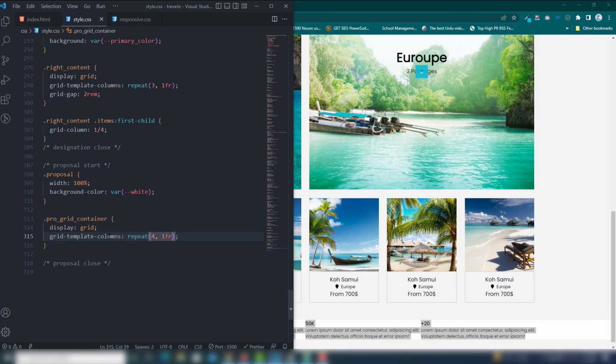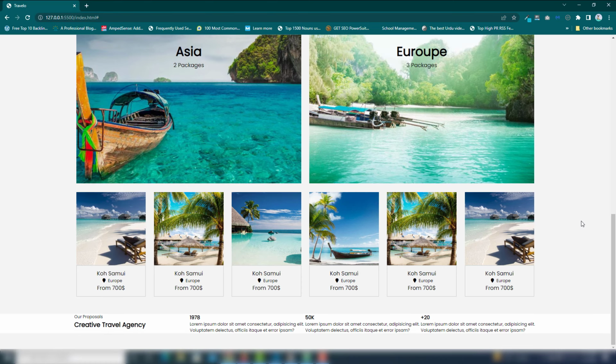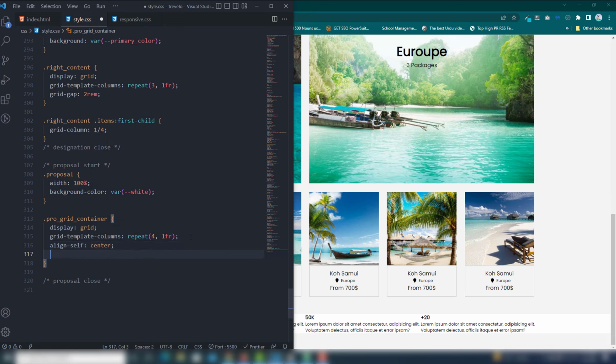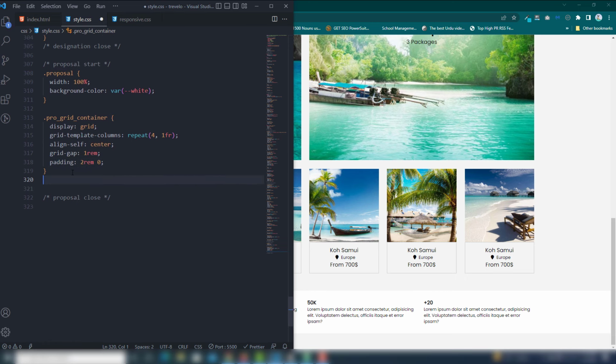Once you save that, and as you can see guys, right, and then I'm going to select the align cell will be center, grid gap I'm going to use 1rem, and also I'm going to add the padding top and bottom 2rem, left and right 0 to make a space, right? So next thing is I'm going to select the primary content,